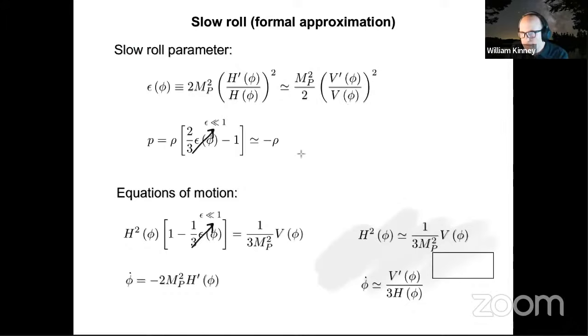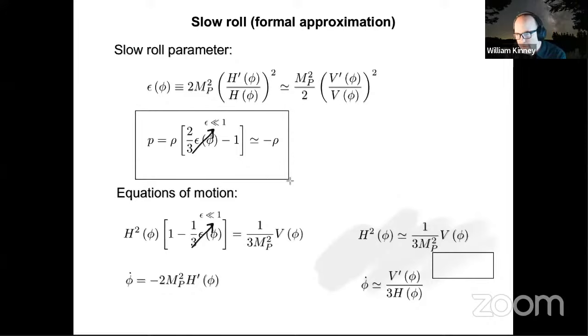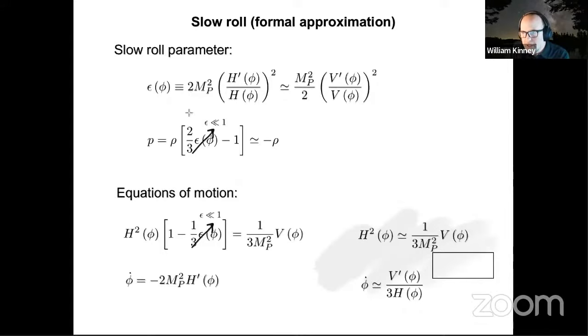The slow roll parameter is significant for inflation because we can write the equation of state for the scalar field in terms of epsilon. In particular, the relationship between the pressure and the energy density depends only on this parameter epsilon. And as long as epsilon is much, much less than 1, you have that P is approximately minus rho, and you have an inflationary expansion, okay? So now I'm going to restate the slow roll approximation as the approximation that this equation of state parameter is less than 1. As long as it's less than 1, you are in an inflationary phase. If it's greater than 1, you are in a decelerating expansion. And that's because the equation of state is just given by this parameter epsilon.